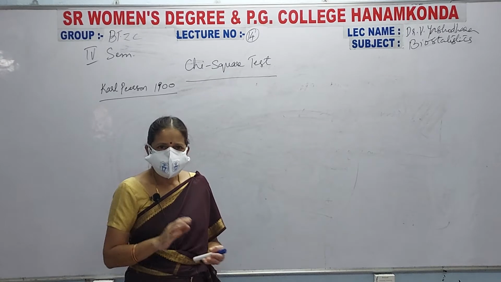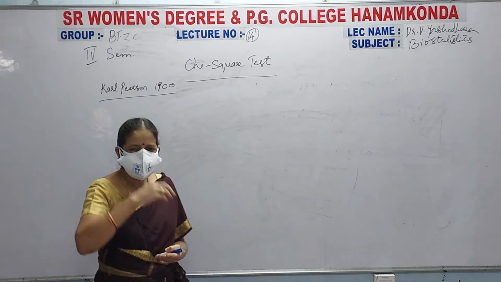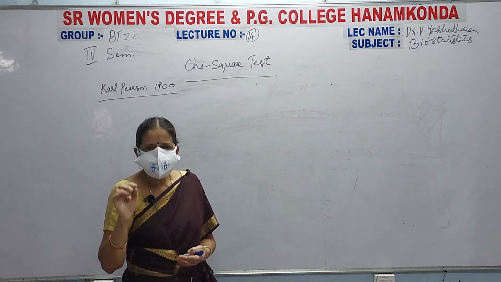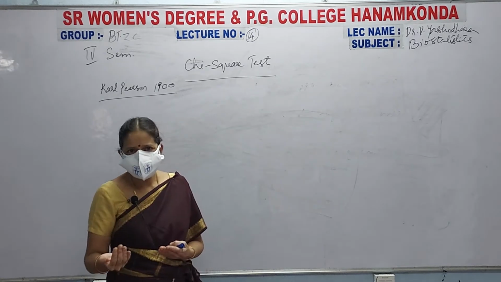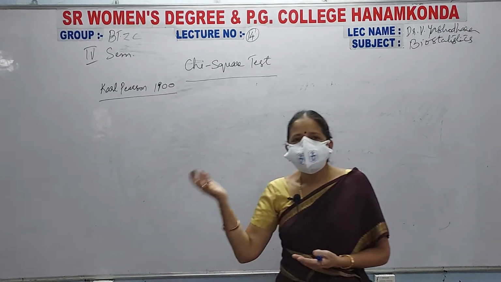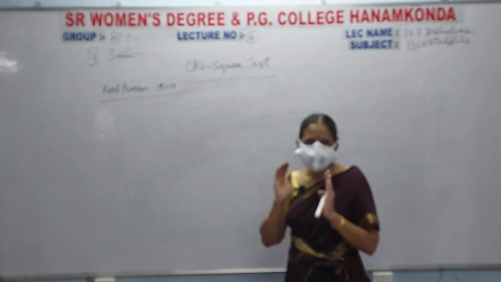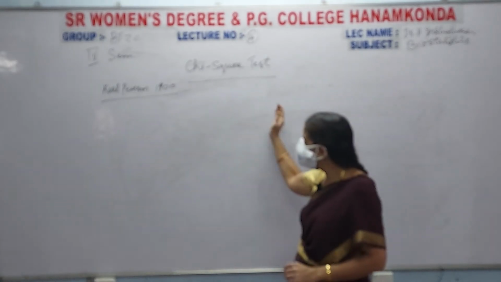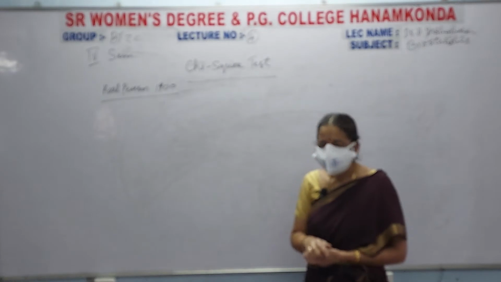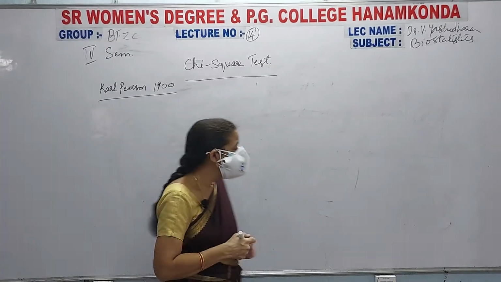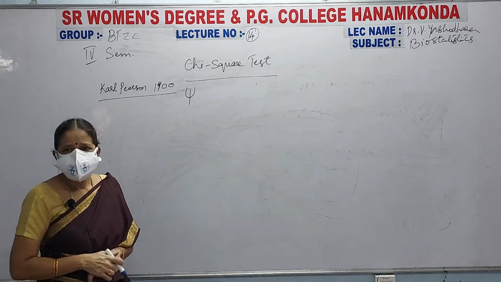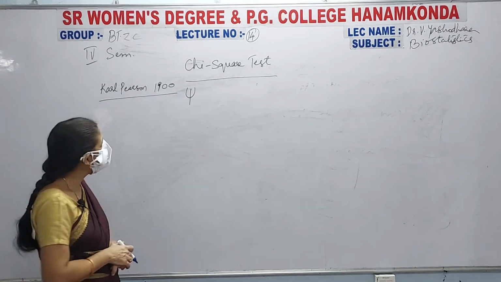OK, the difference between the expected value and the observed value. To know the difference between the observed value and the expected value, a test is useful. That test is known as chi-square test, and that was demonstrated by Karl Pearson in 1900. And this test is denoted by psi, a Greek alphabet psi, so it can be called a psi